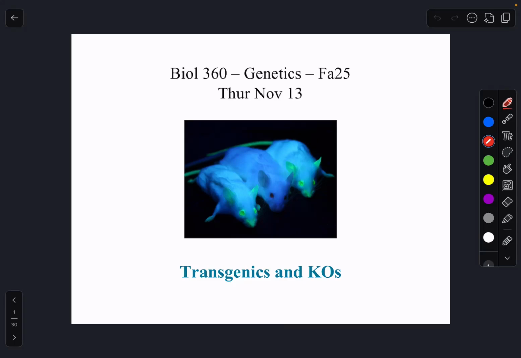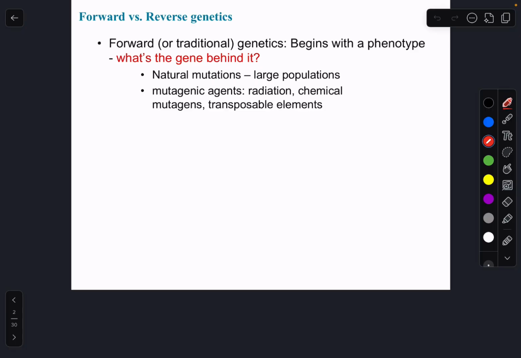So this week and next we'll talk about transgenics and biotechnology, right? And one concept that I wanted to introduce real quick is the difference between what we know as forward genetics versus reverse genetics. So forward or traditional genetics is what people like Mendel did. They would be interested in a given phenotype and then they would try and look for what mutations were behind those phenotypes of interest. In time, if someone was interested in the genes that controlled a given trait or characteristic,